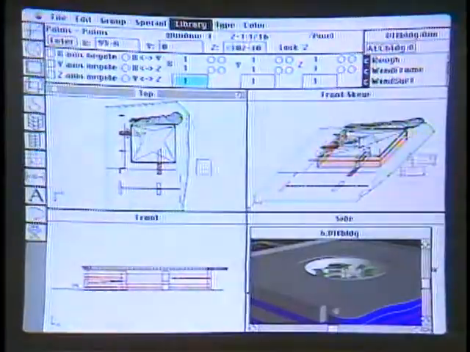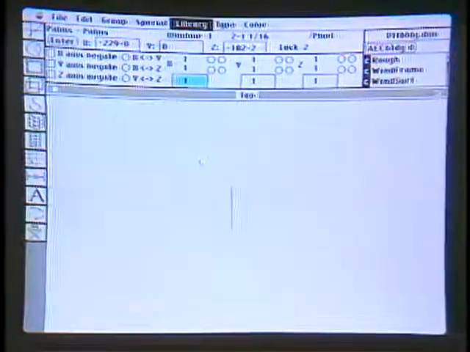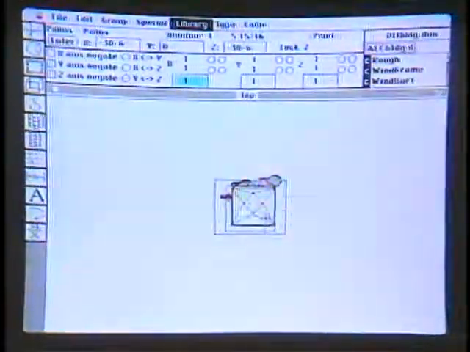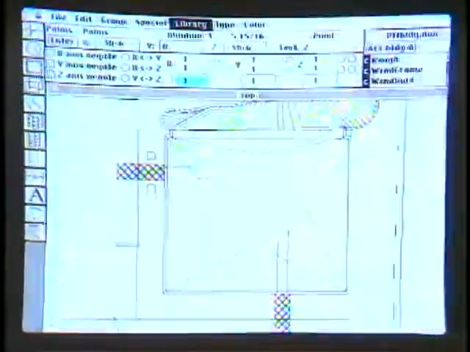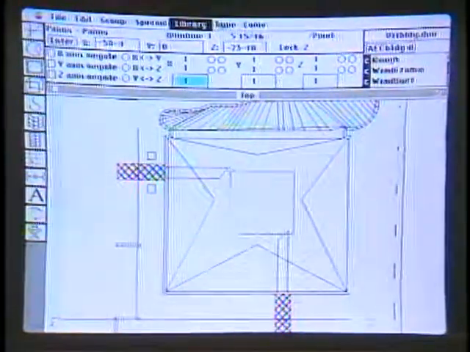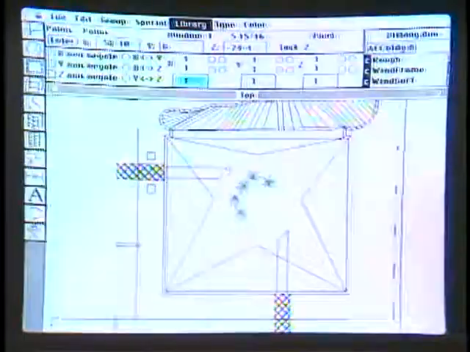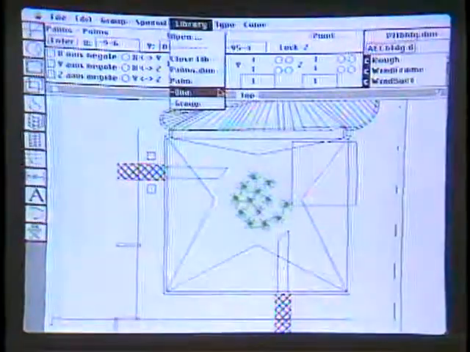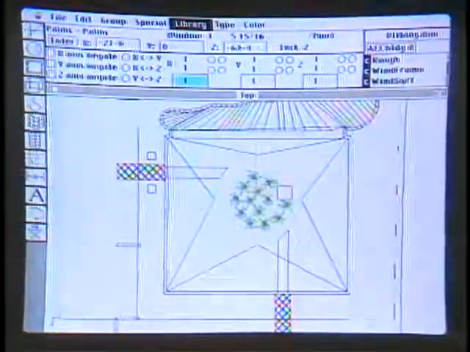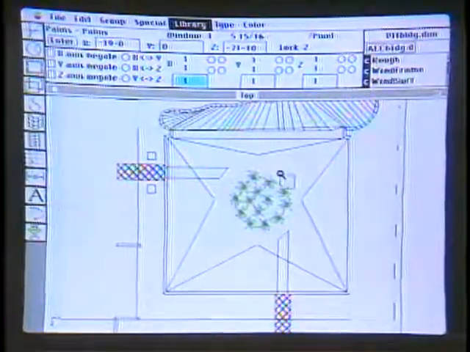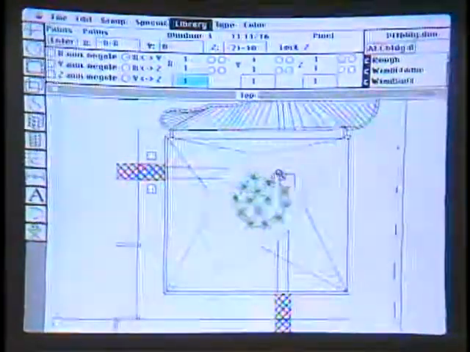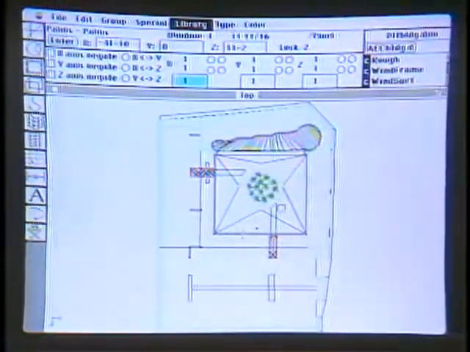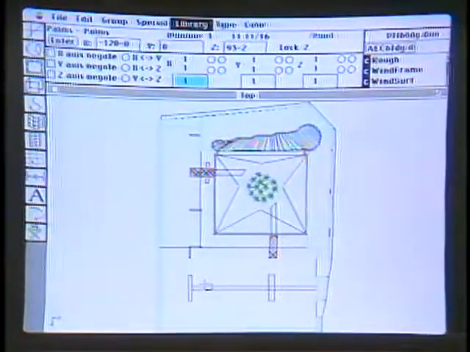And I'll bring the library in, and I will not only go to full screen on the image, but I'll focus in on the center where the palm trees are supposed to go, place the palm trees, and I deliberately left one of the palm trees out, this one right here. I go back to the library, take one palm tree, put it in correctly, go back to a full image, and place the palm tree out in the parking lot. Place one here,